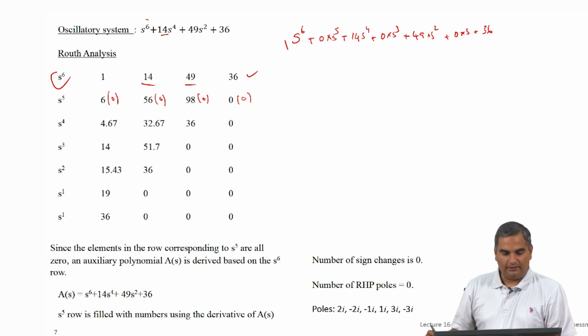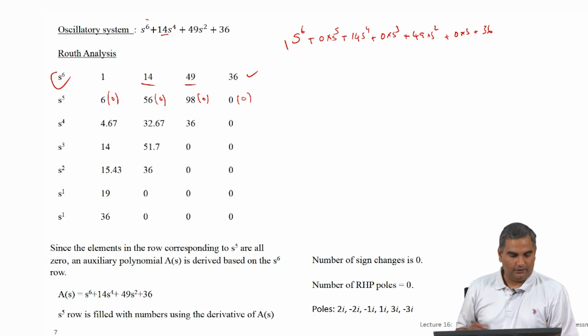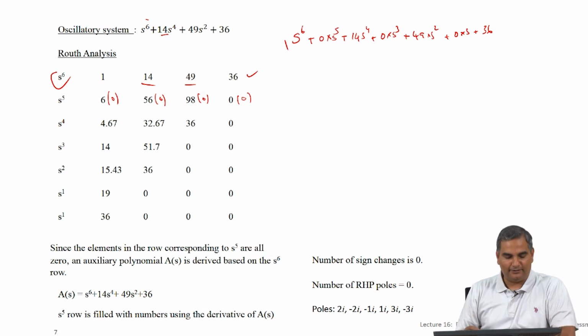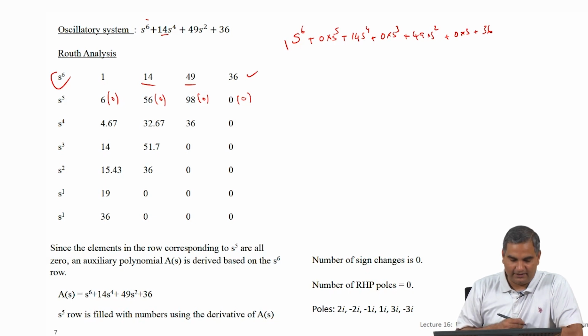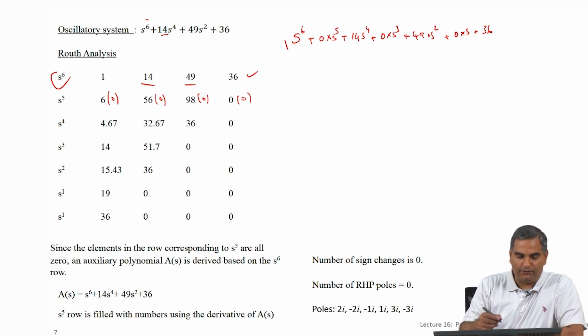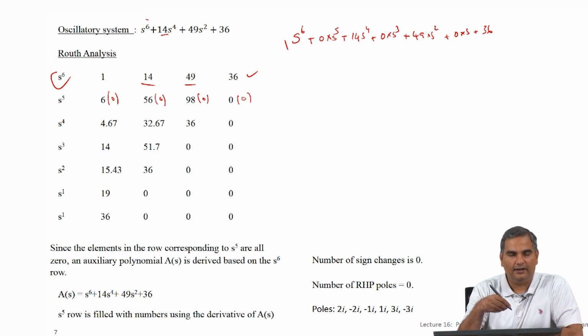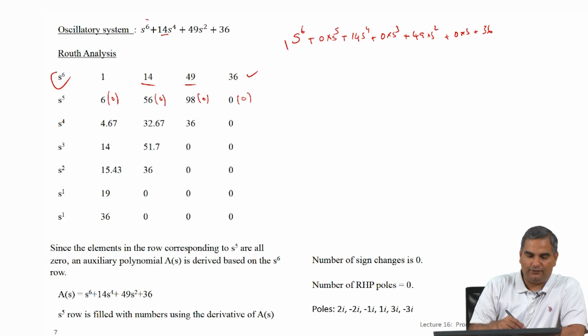So, the way this is taken care of in this root table, again this I am going to tell you like a rule, like a heuristic, but there is a sound mathematical reason why all of this is done, is that somehow I am going to fill this up, but already I know this row is all 0, right, and I have already said when you have rows 0, then you are guaranteed that there are poles or roots on the imaginary axis, right. But nonetheless, for us to finish this process I have to get something going here.